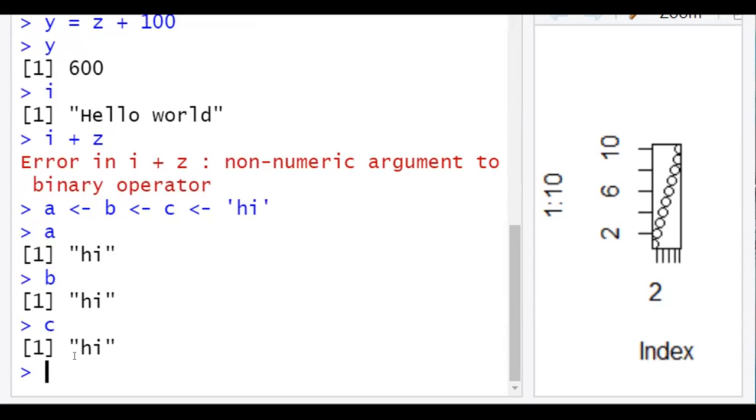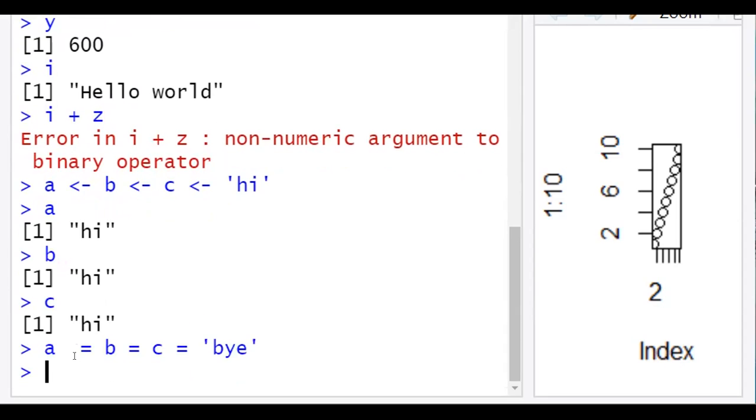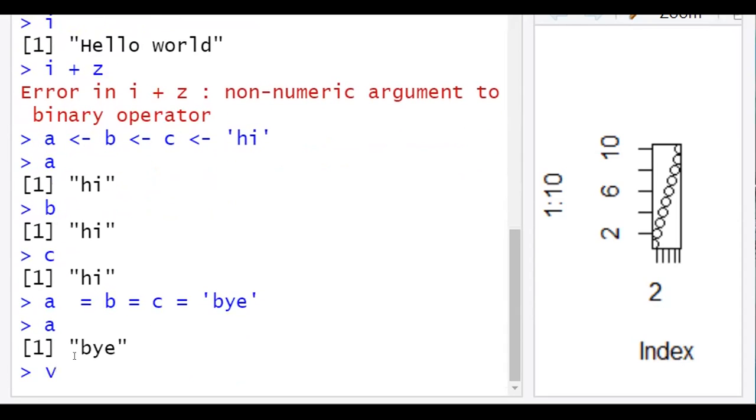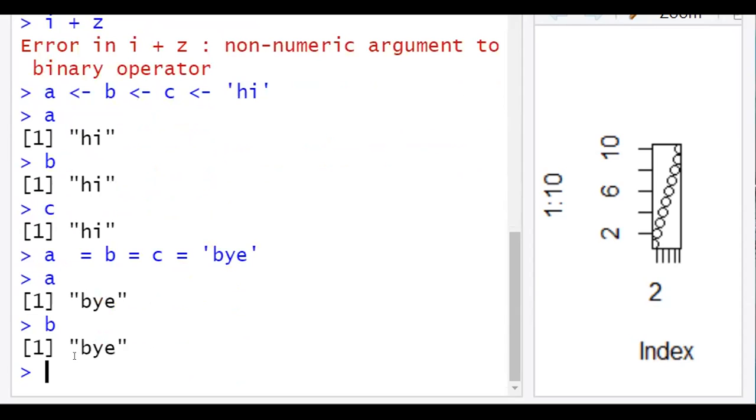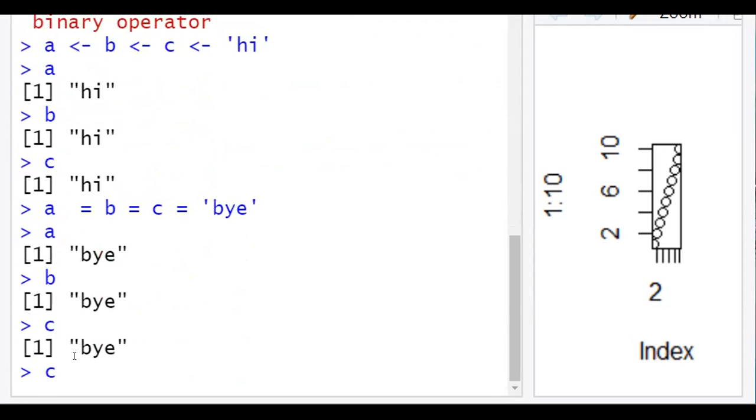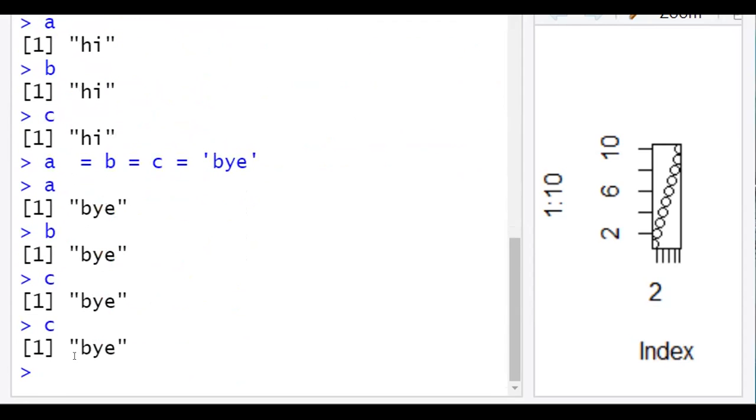But can we do the same with is equal to? So let us try that and check whether it is possible. So you can observe we can do the same stuff by using the is equal to also. Now also we are getting the output.